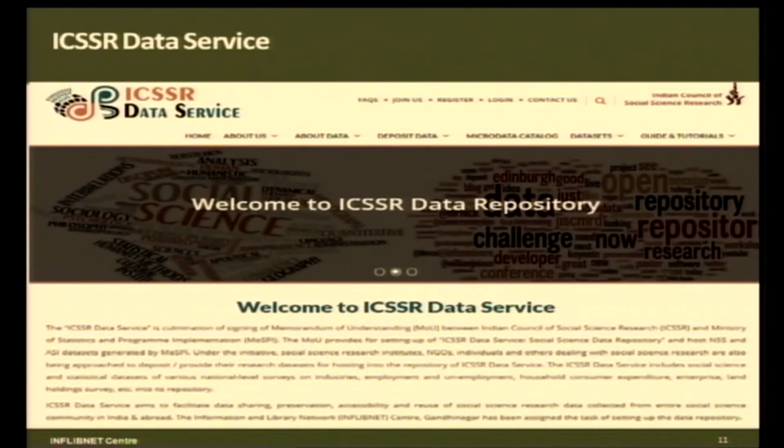ICSSR data service, like I mentioned, is a repository with a distinction. It publishes data. What you look into in journals and books is articles. Generally, whenever research is conducted, there is data behind it. You analyze the data and the result of the analysis is published as an article. Now, if you want to look at the data again, there is no way you can do that, but this data repository allows you to put your data so that other people can look at it and see whether your interpretation was correct, or they can also give a new interpretation to the same data.